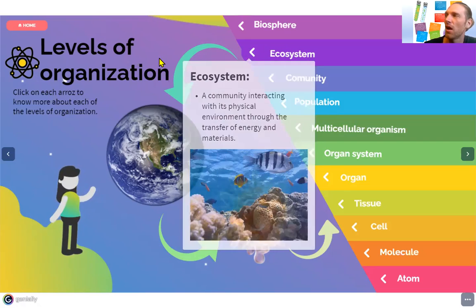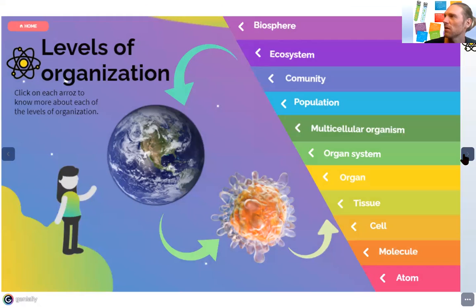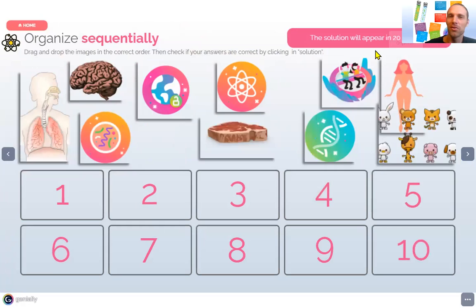Ecosystem. You are also a scientist about ecosystems, biospheres, about the whole planet Earth. So on each of these levels, you have different sciences and you have different professions. I think it's interesting to say that. So let's do this one together. Now we have done it.